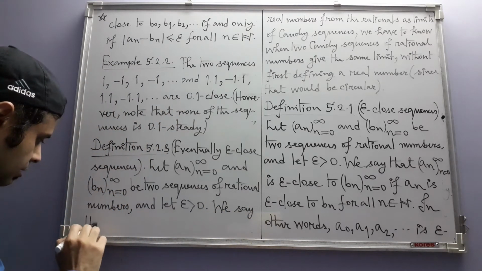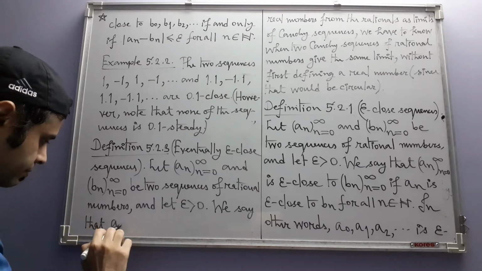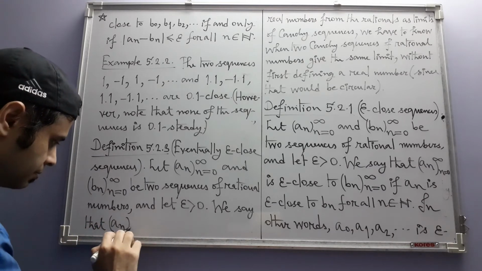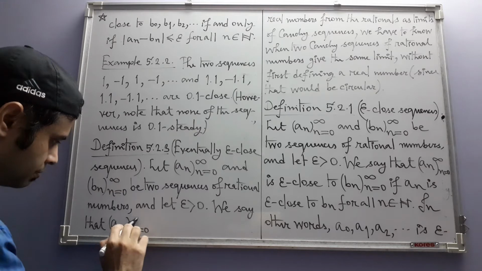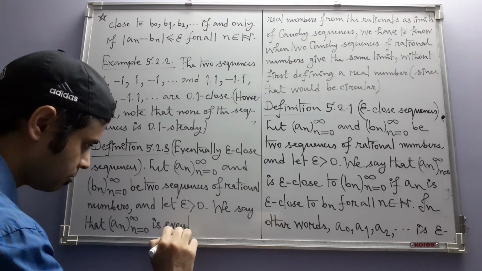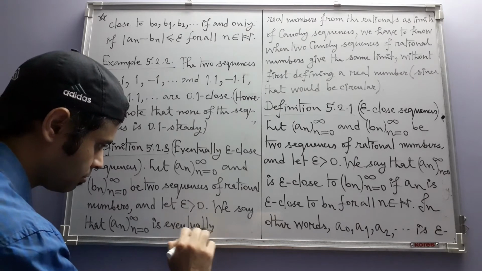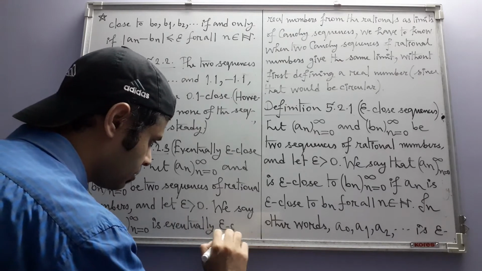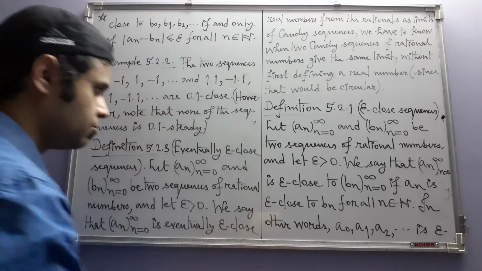We say that a_n is eventually epsilon close to b_n